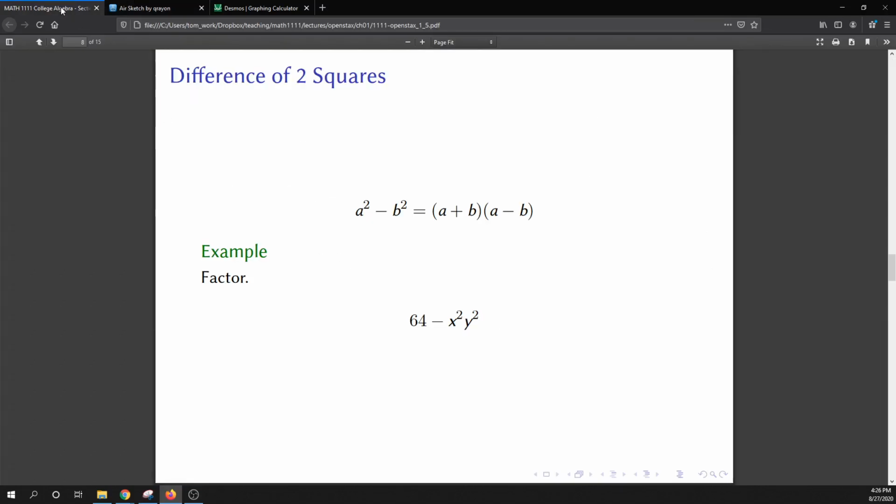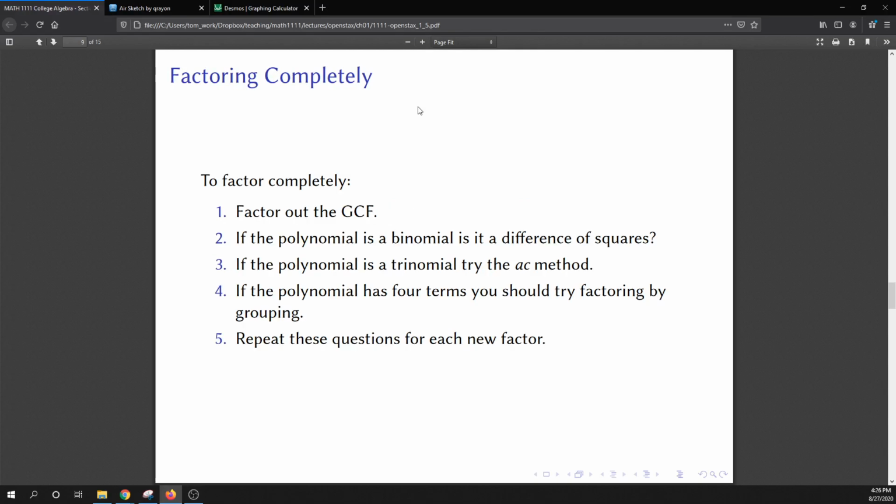All right, now that we've reviewed the techniques that we need, that brings us to factoring completely. In some of the directions in the assignment problems and on the test, it will say factor completely. You should follow the following steps, and we've talked about these steps in a previous video. The first step in factoring is always to pull out the greatest common factor. That'll bring the numbers down and make what you have to factor simpler. Once you factor out the greatest common factor, if there is one other than 1,